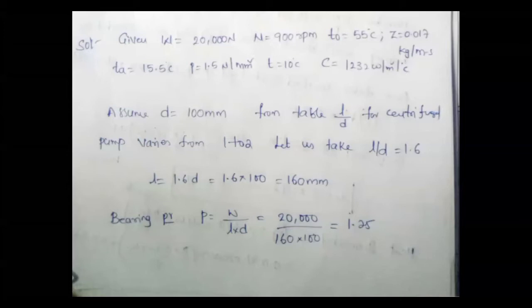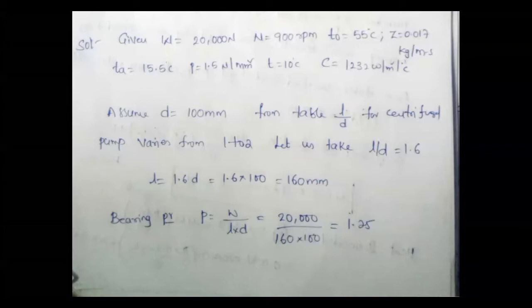Why only 100? Why not 200? Why not 300? Why not 150? Those things also I will explain, no problem. So for my convenience, whether this diameter value will be correct or wrong, we will check, no problem. We will check whether this diameter value will be right or wrong. Okay. So for my convenience, I am picking some value. My diameter value is 100 here.